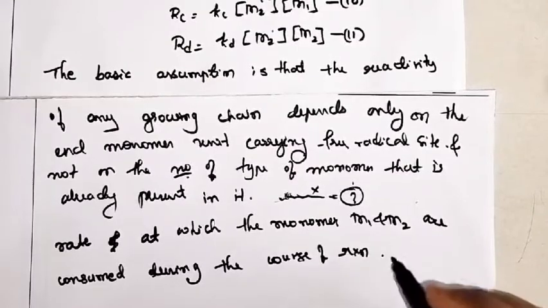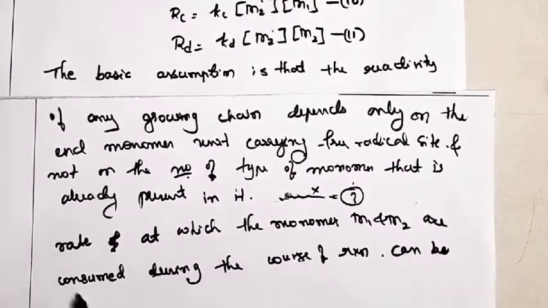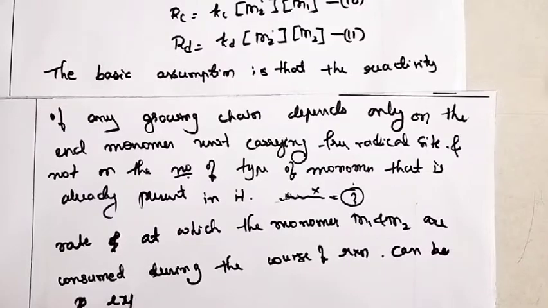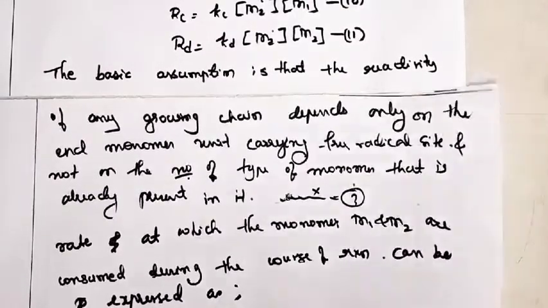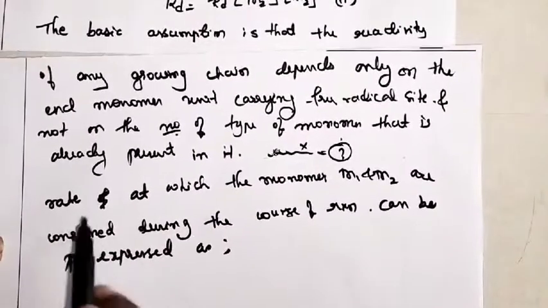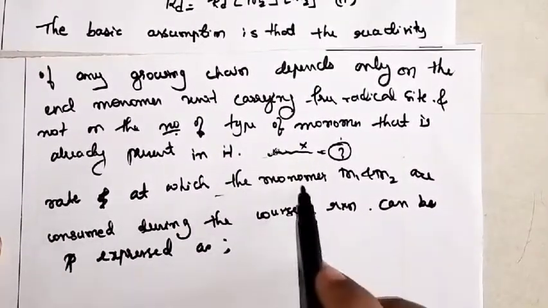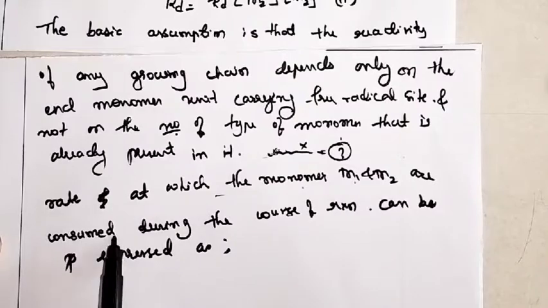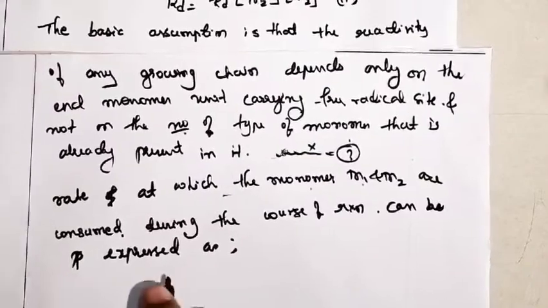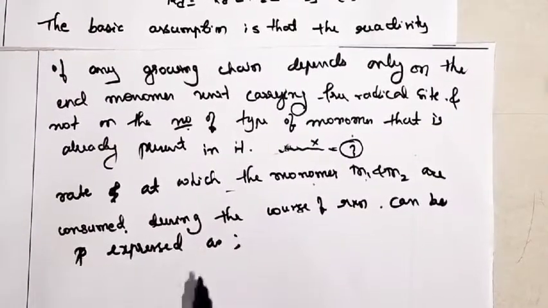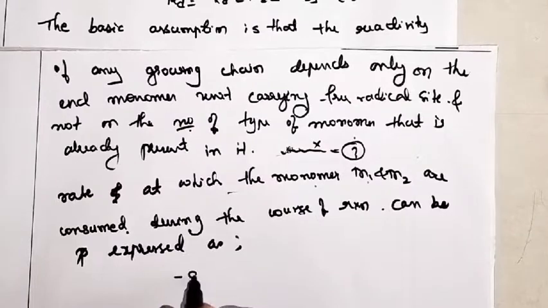The propagation reaction, can be expressed as follows. What's the meaning? The rate at which the monomers M1 and M2 are consumed during the course of the reaction can be represented as follows. Now let us consider if the monomer M1 is consumed, then the rate is represented by